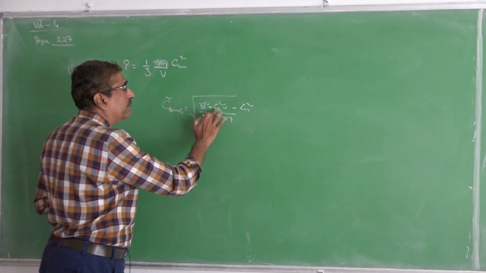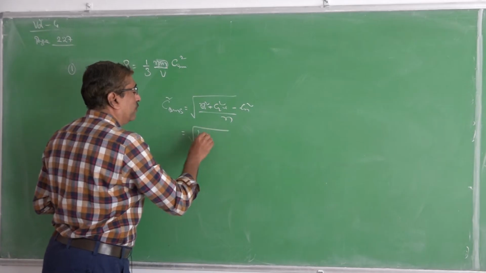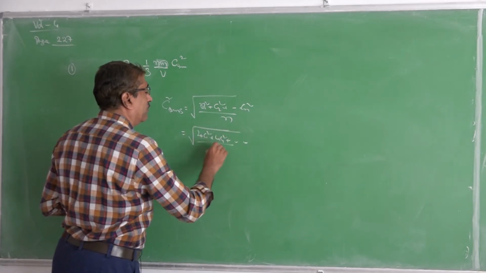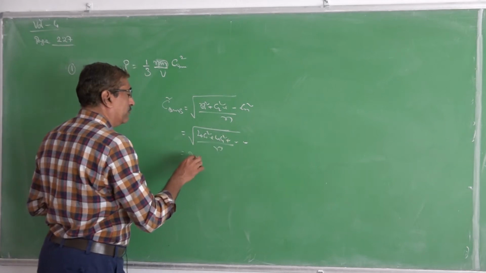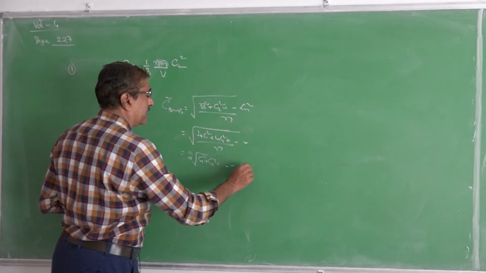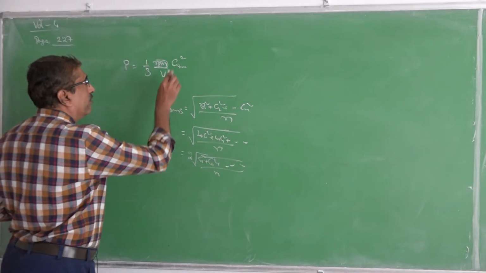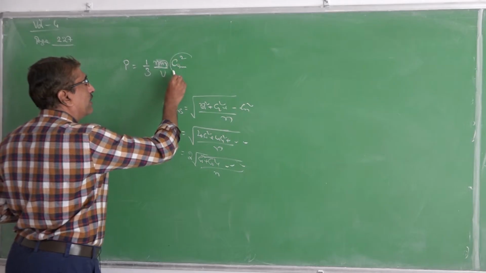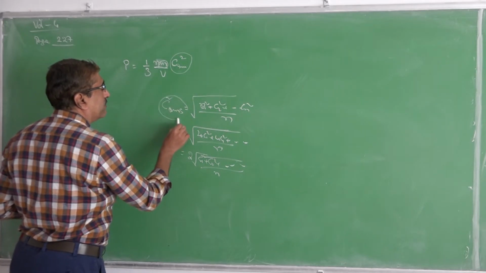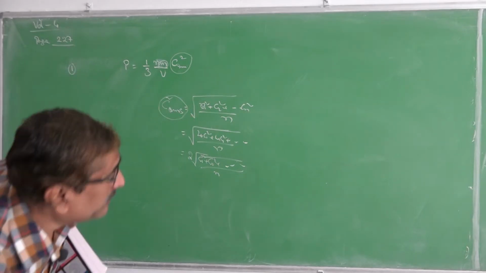So every molecule doubles its velocity, means we have a common term like this, 4C1 square plus 4C2 square plus etc. whole by n. So taking common, we can write 4 times C1 square plus C2 square plus etc. by n. That means C RMS square. That means when the velocity of all the molecules is doubled, then C square of RMS velocity also gets multiplied. Okay, you remember that. So basing on that, we can write